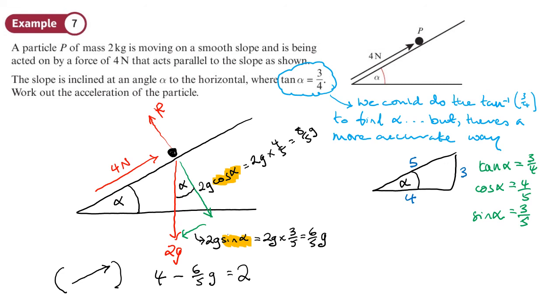And that's pretty much it. a equals (4 minus 6/5 g) over 2. Let's work that out and see what we get. 4 minus 6/5 times 9.8, divide that by 2. Minus 97 over 25, which is negative 3.88